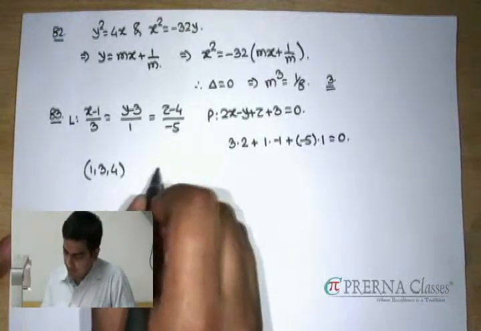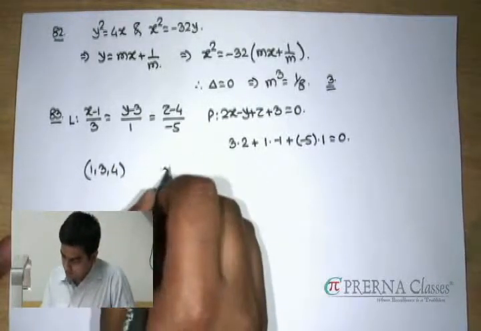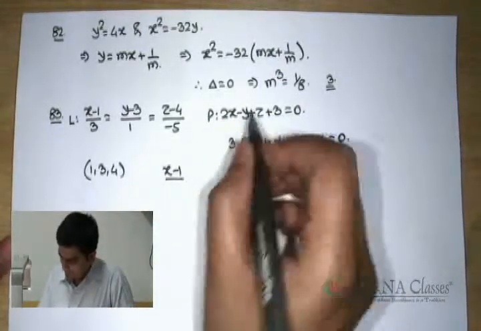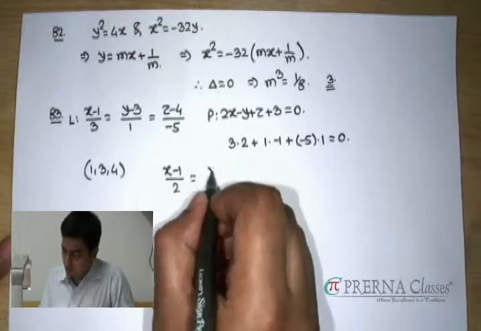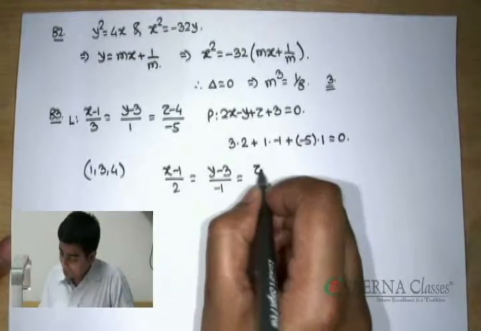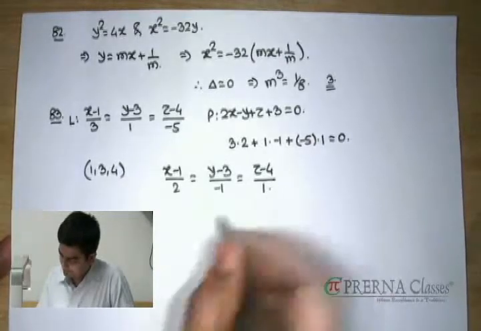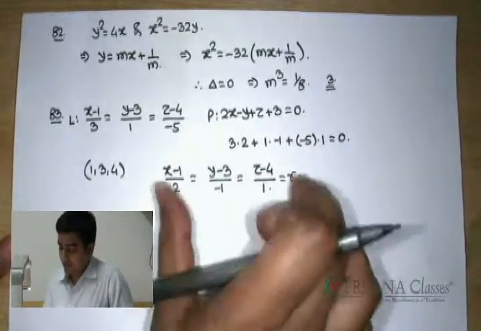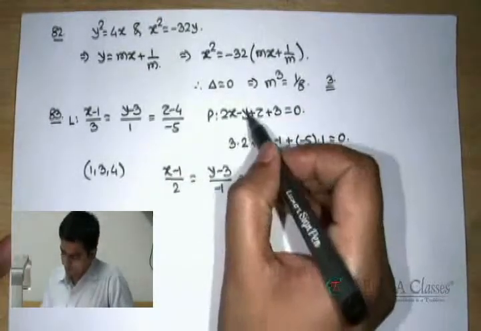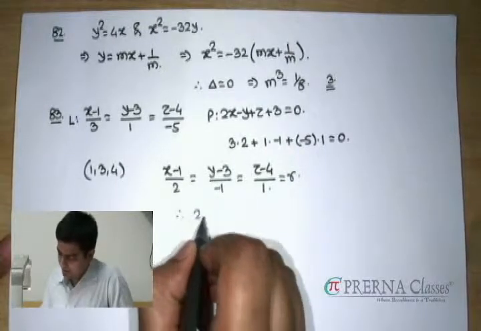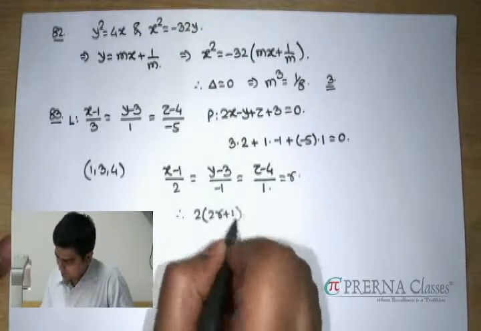To find its image in this plane, all you need to do is write down a line through this parallel to the normal to this plane, which is then equivalent to whatever variable coordinate we end up getting in this. Substitute that coordinate in this plane, we'll end up getting the value of r, which is